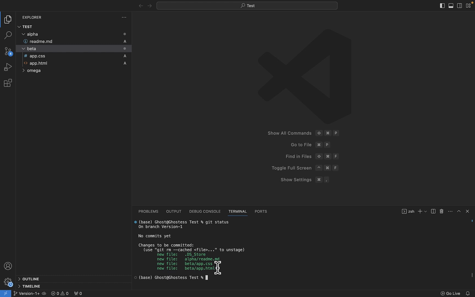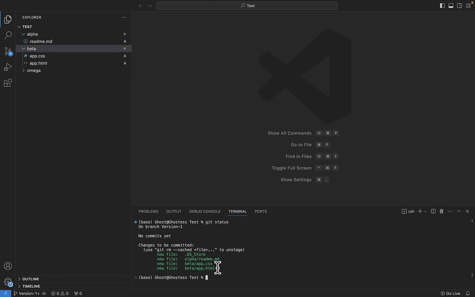So that's how you can add a file and also add everything in that folder, remembering how we were doing terminal commands, navigating from one folder to another. So that is how we can also add folders to the staging area. Remember, we were in the beta folder and then we moved out and came to the test area. So that is how we are able to move from the working area to the